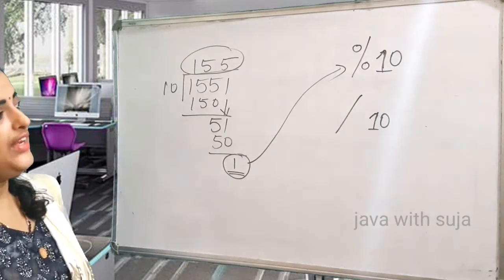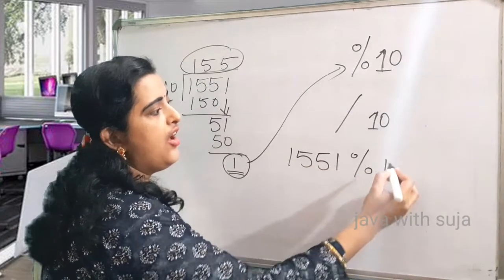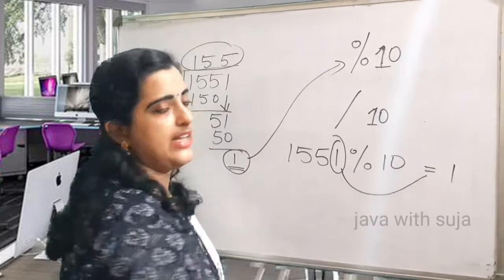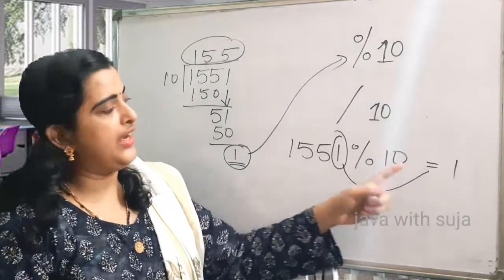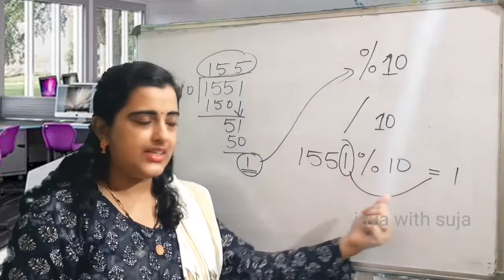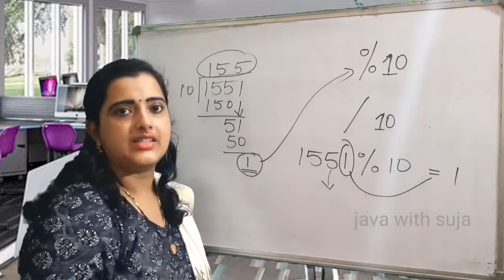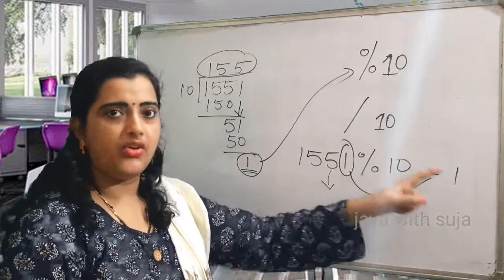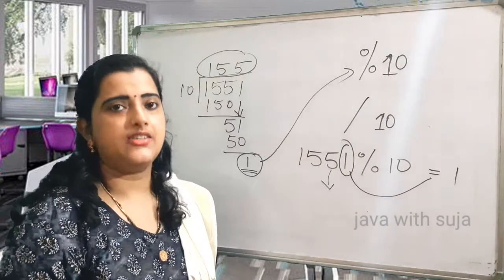That is, whenever we take the modulus operator with 10, the digit at the ones place will always be obtained as the remainder, which means if we use this code in our program, we can extract the last digit. So we have extracted the digit at the ones place. Now we have to extract the digit from the tens place. But the problem is our input is the same. If we repeat this code, we will get only 1. So we have to omit the digit from the ones place.